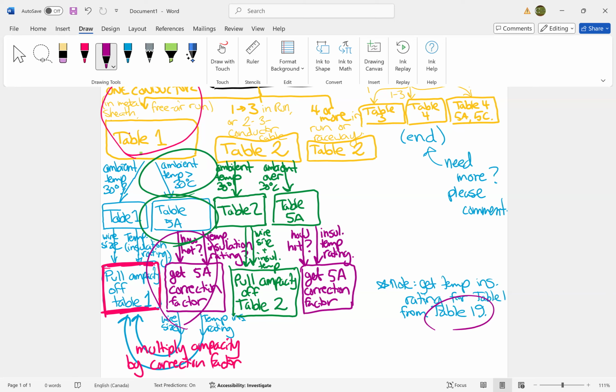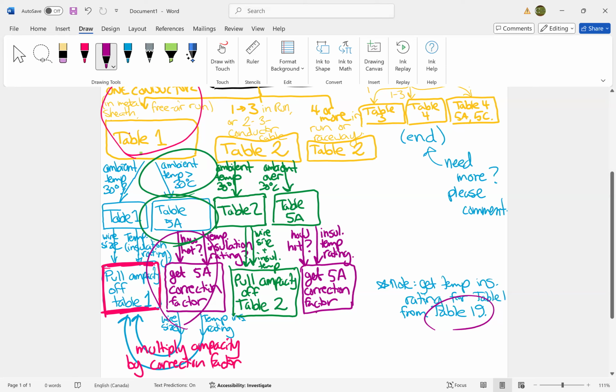And I'm going to then get the ampacity from table 2, and I'm going to multiply that by the correction factor. All right, so I'm going to multiply that by the correction factor, and I'm just looking for one thing,